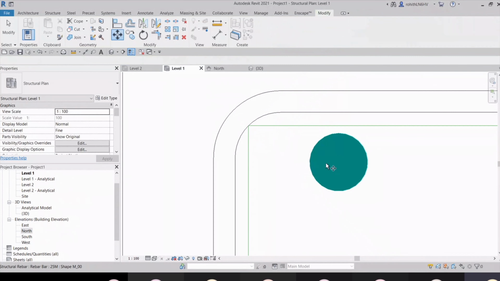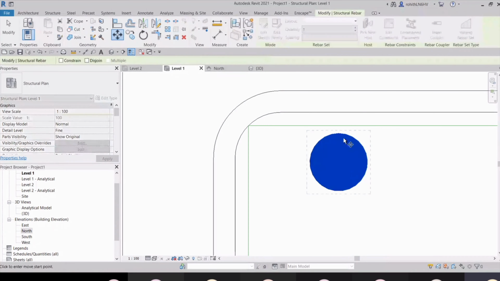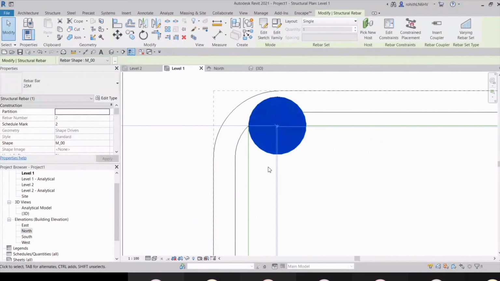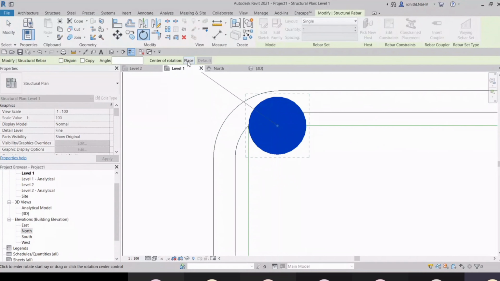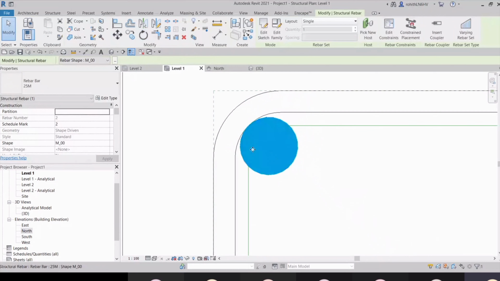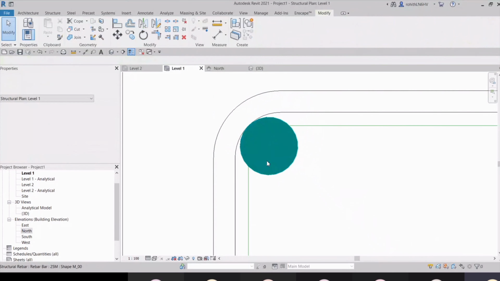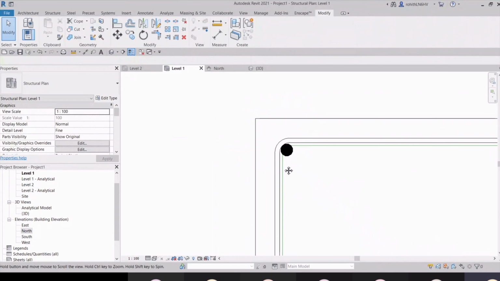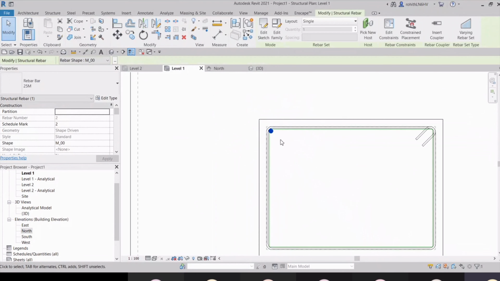So let me go with this move, select it, enter, and you can place it. All right, you can place it like this. And then you can rotate it simply. Just place the rotation and you can snap it till the 45 degrees like this, and you can place it like this. All right, so this way you can simply place it. Okay, I hope you understand how to place all this.